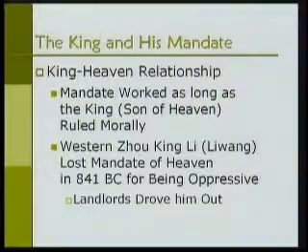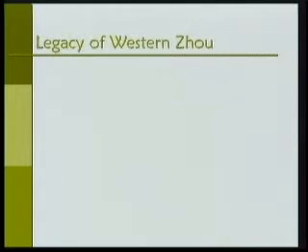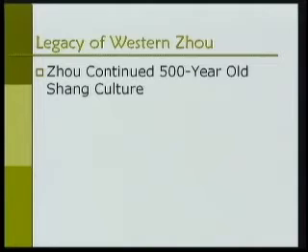During this period, this King Li or Li Wang lost the help of his people, because he lost the mandate of heaven, and his own landlords drove him out from his capital and from the throne. However, they brought one of his sons to the throne, so it's not the end of the dynasty completely. Okay, let's see the legacy of the Western Zhou, what happened during this dynasty. This came to an end with